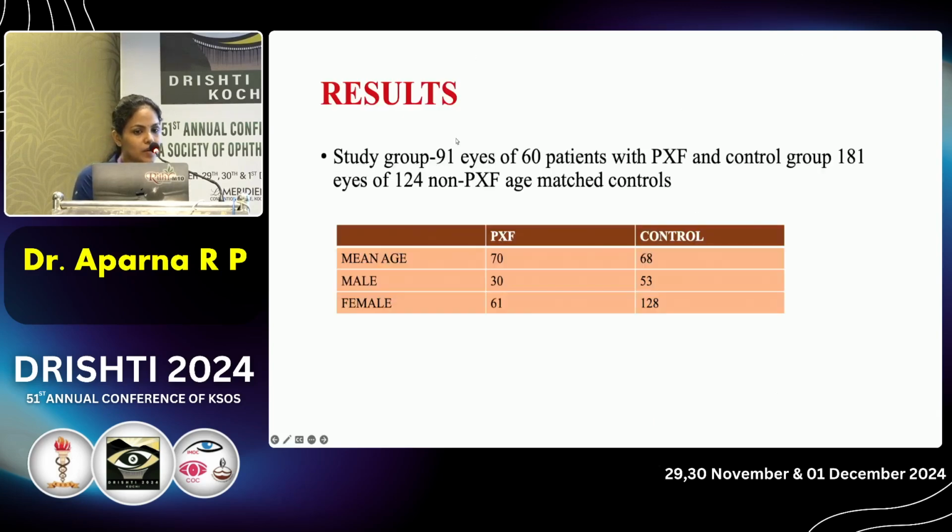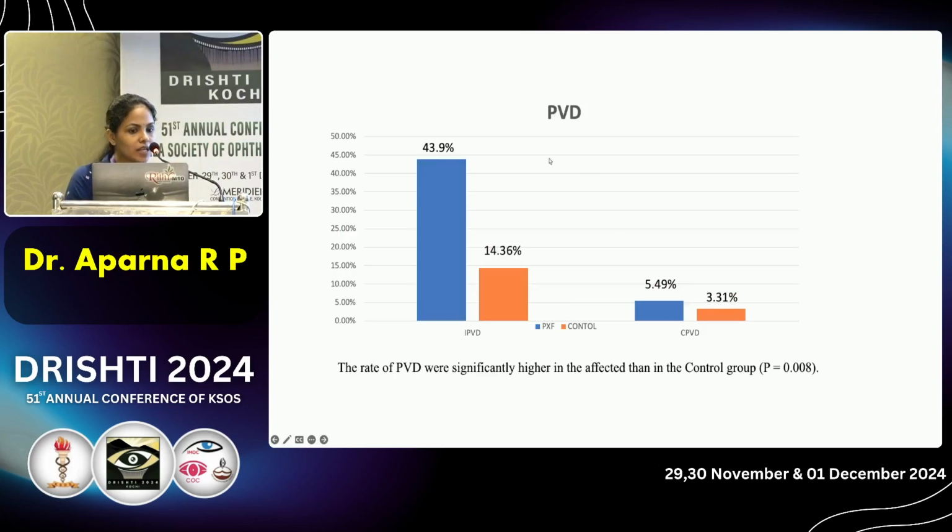And the study group comprised 91 eyes of 60 patients with pseudoexfoliation and the control group 181 eyes of 124 patients without pseudoexfoliation, and the mean age in the pseudoexfoliation group was 70 and that in the control was 68. And the rate of incomplete PVD was 43.9% in the pseudoexfoliation group and 14.36% in the control group. And that of complete PVD was 5.49% in the pseudoexfoliation group and 3.31% in the control group. And the rate of posterior vitreous detachment was significantly higher in the pseudoexfoliation group with a p-value of 0.008,